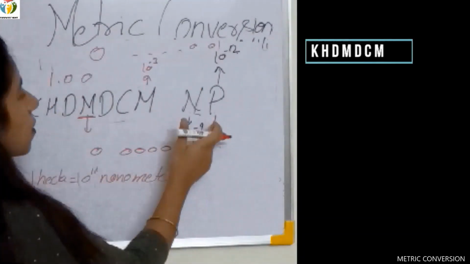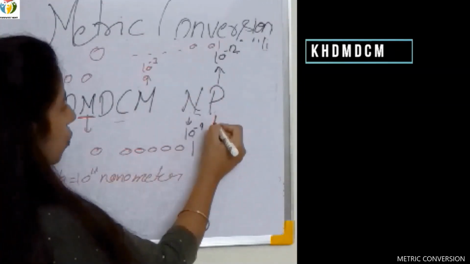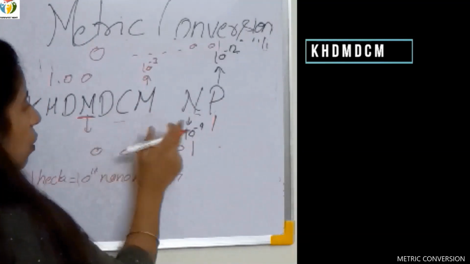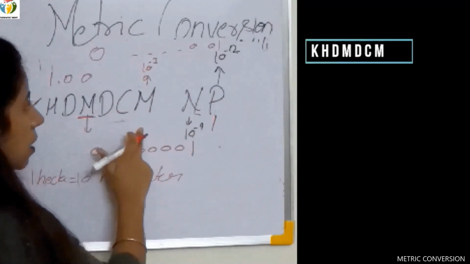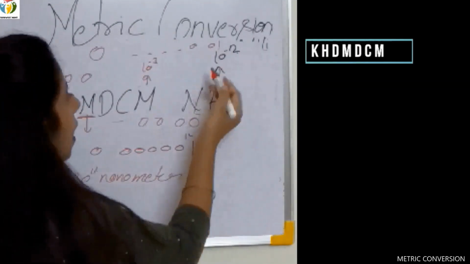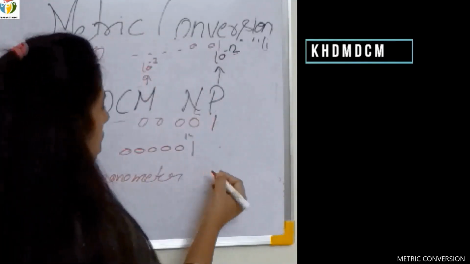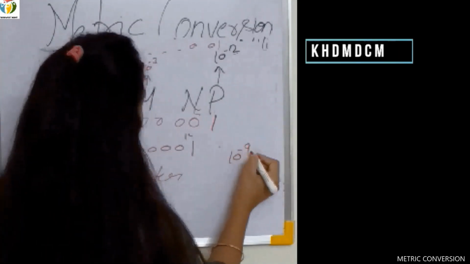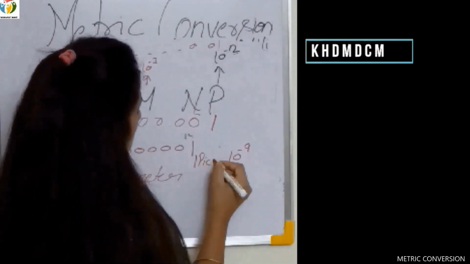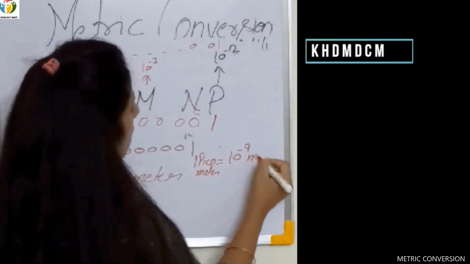So as it is in reverse order, because if I am going to convert picometer into millimeter, I have to put 1 over here and then I have to subsequently add 0s till this point. So we are going to divide. Divide means we can put the power as minus, or we can just divide that thing. And how much division do we need to do? 12 minus 3. What does it mean? 9. So it's 10 raised to the power minus 9. So your answer is 1 picometer is equal to 10 raised to the power minus 9 millimeter.